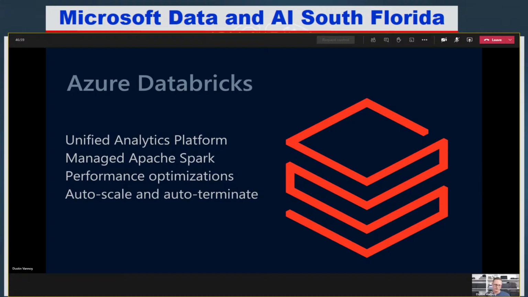Let's save some money. The downside to auto terminate, by the way, is it takes about 5 minutes to spin those clusters back up if you don't do some additional management by having some VMs in a pool and some really advanced cool things we can do. Typically, though, you're looking at 5 minutes to spin the cluster back up. But you save a lot of money when it's a development cluster.